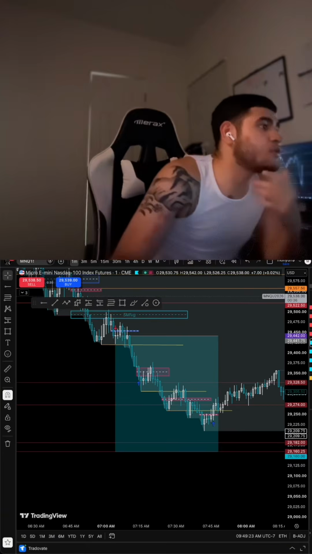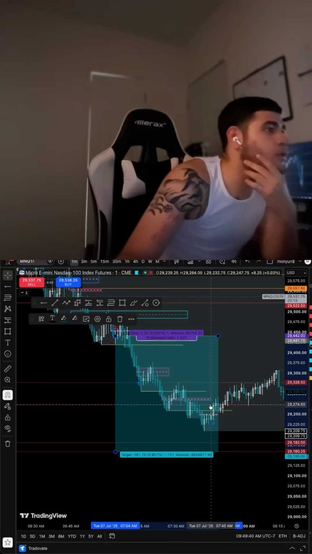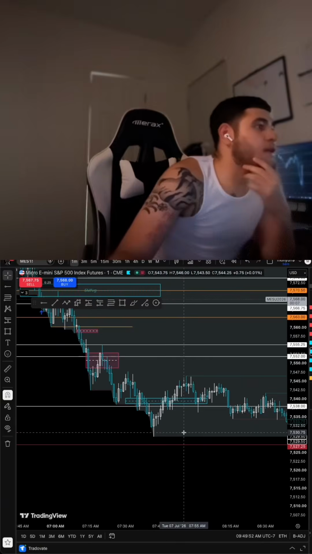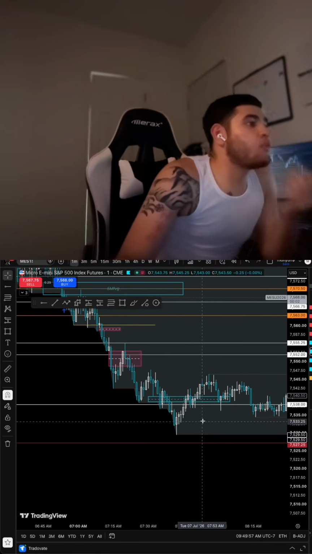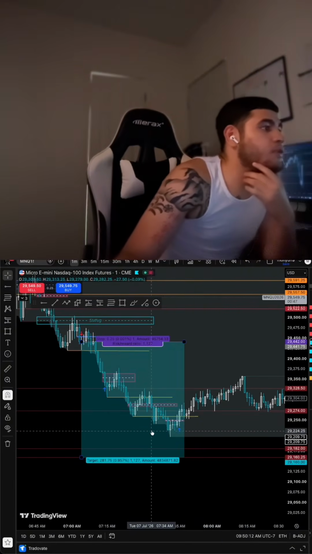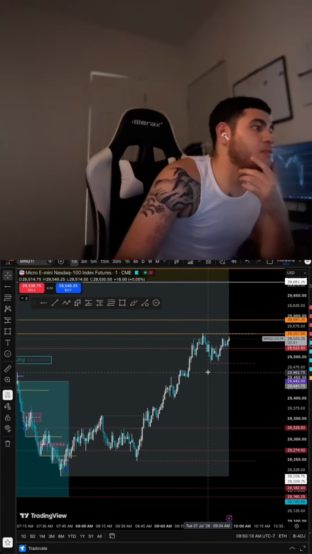So after we let price do its thing, and we broke past this low down here, I did move my stop loss to 29,274, which is right here. The reason I moved it that low is because on ES we had created a 5-minute fair value gap, and if we would have inversed this gap, we would have started breaking structure back to the upside. So you guys can see shortly after we took out this low, I did get stopped out, but we did start breaking structure back to the upside, like I said.